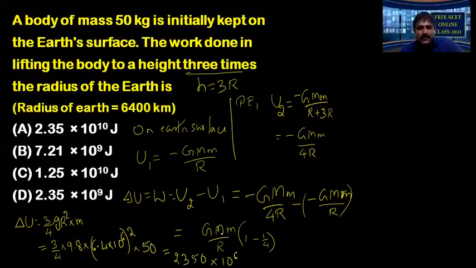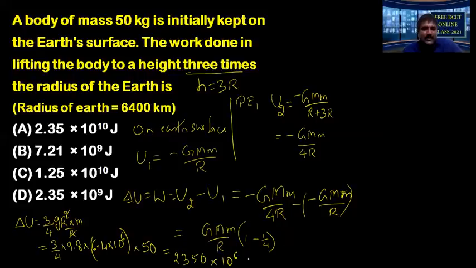Okay, so it is GMM. Okay, 1 R cancels. I missed here. 1 R is there, denominator R cancelled, and this R is power 2 not there. Yes. So it comes 50 into 6.4 into 9.8 into 3 by 4. 3 into 10, 30, 36, 180 by 4 is 45. 45 into 50 around 2,500, less than 2,500, and power of 10 is only 10 power 6. R square by R cancelled. Okay, that's what happens when you shift the numbers from one part to another part of the page.